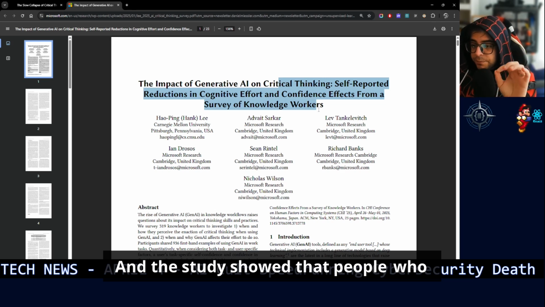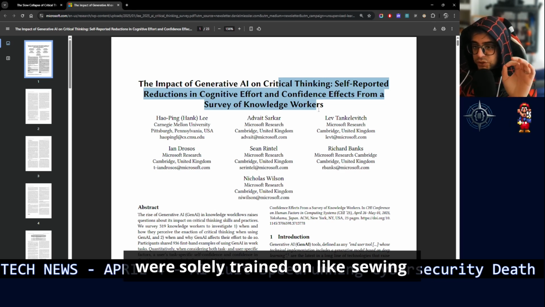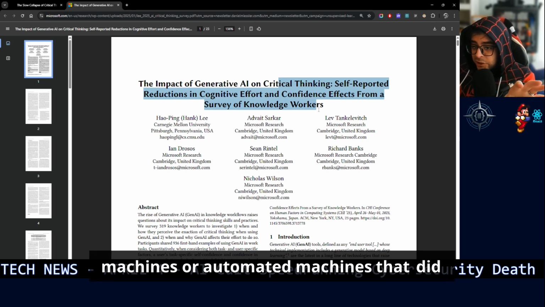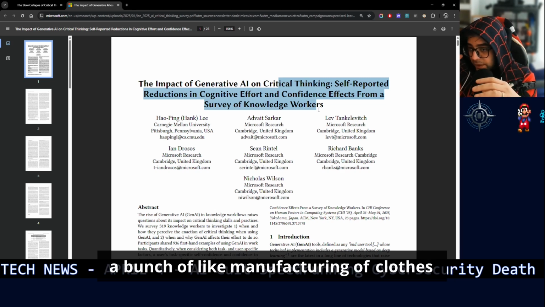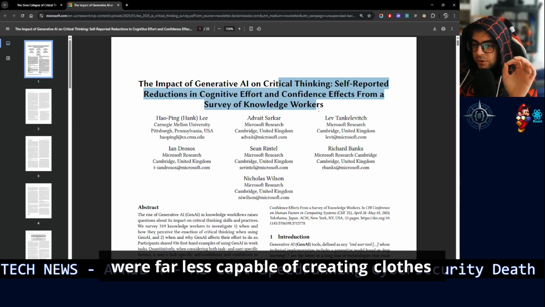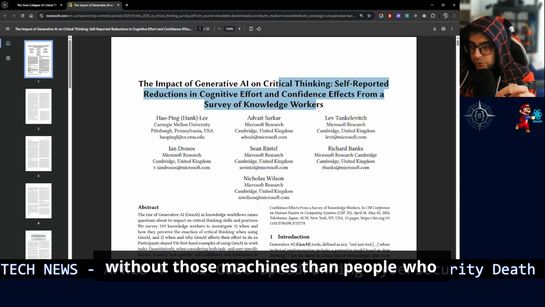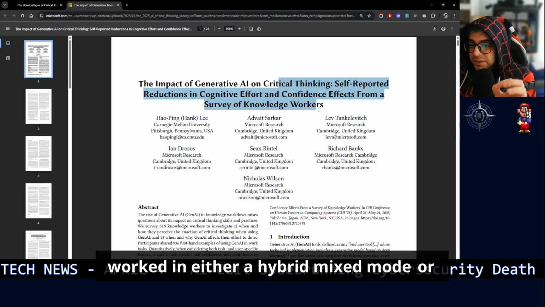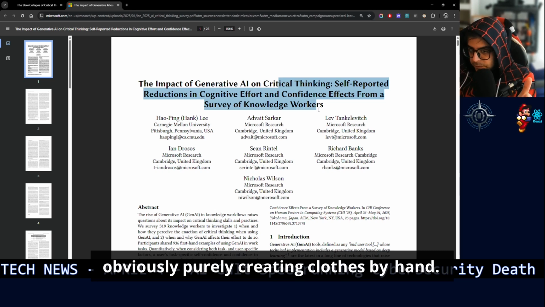The study showed that people who were solely trained on sewing machines or automated machines that did a bunch of the manufacturing of clothes were far less capable of creating clothes without those machines than people who worked in either a hybrid mixed mode or, obviously, purely creating clothes by hand.